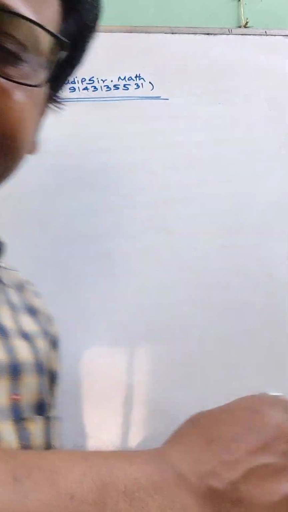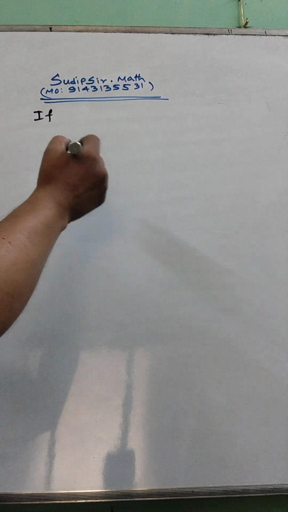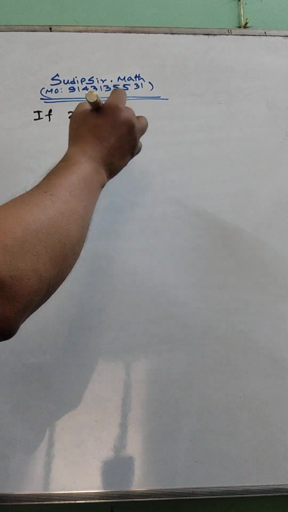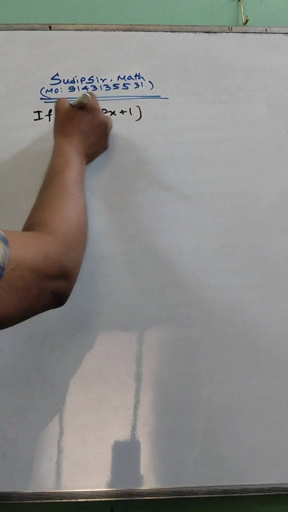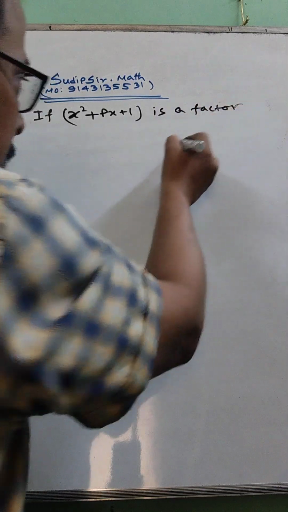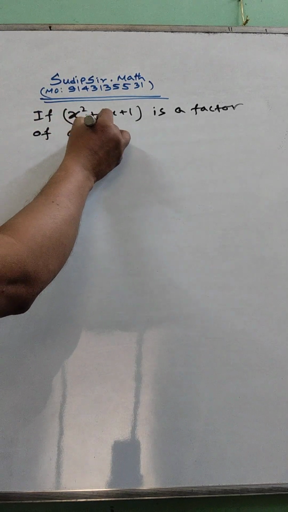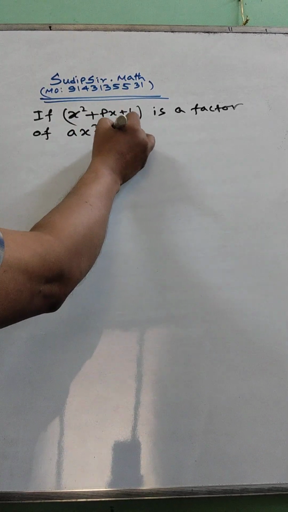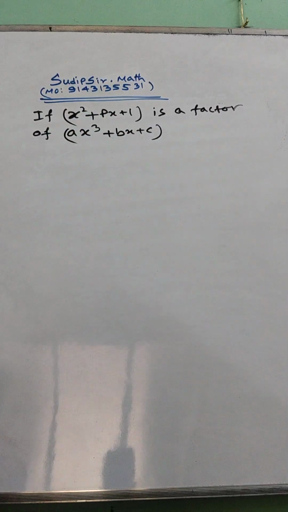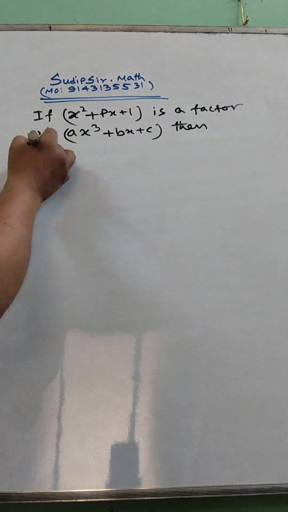Equational problem, that is factor theorem or quadratic roots, etc. Our problem is: if x square plus px plus 1 is a factor of ax cube plus bx plus c, then some conditions are given, that is